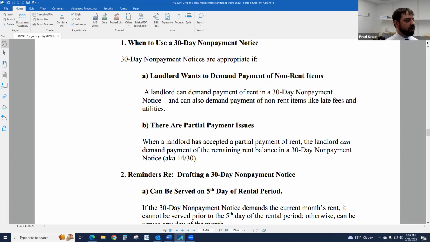All right, so we've got a good question here, and this is one that always comes up. What if the tenant gives us a check and the memo says April rent? Do we still have to apply it to March's rent? This is a fantastic question because I don't know the answer to it. It hasn't been litigated. We don't have a response or anything from a judge on that front. So how do we handle it? Well,